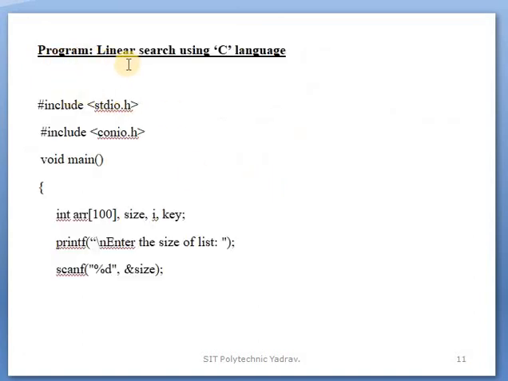Program: linear search using C language. How a linear search program is executed using C language. Okay. In the board exam the C language program is also asked. They ask theory questions or programs, or a comparison of linear and binary search, which we study next.